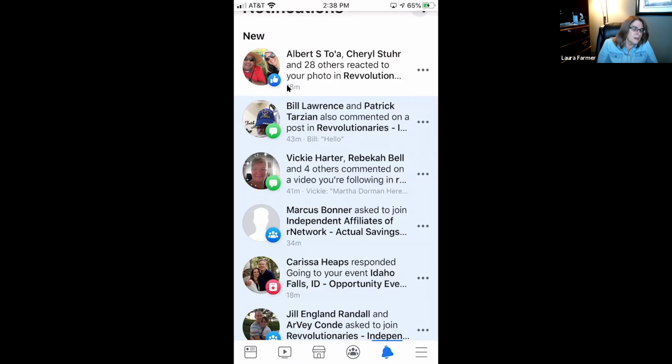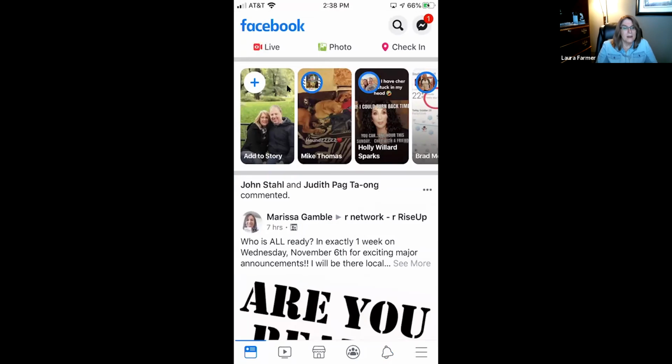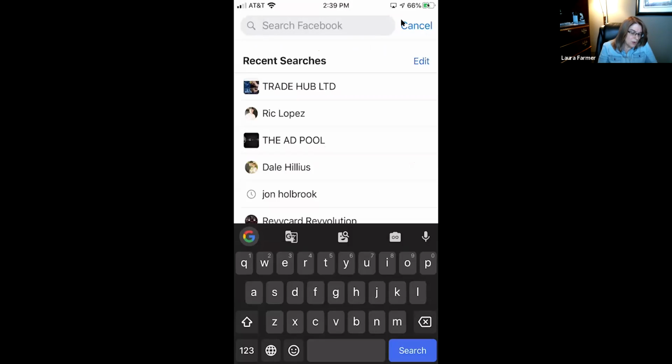Okay, so right now I'm going to go back to my home button on my Facebook page, and that's right here. This is my home button. This is how I know I'm back on where all the information is. I can actually go right up here to the top where this little magnifying glass is, and I'm going to click on that. And if you haven't done this already, you'll want to